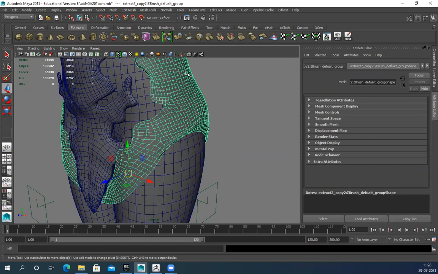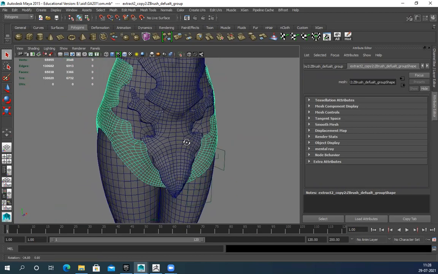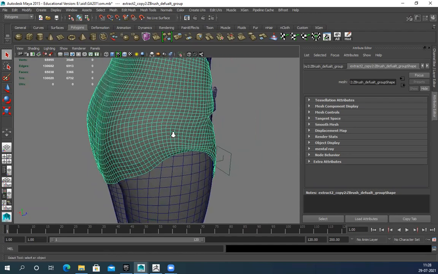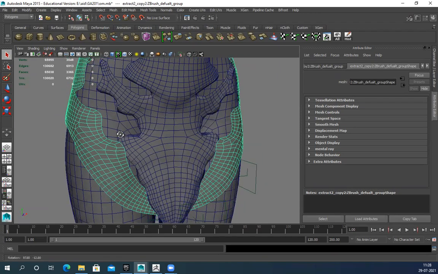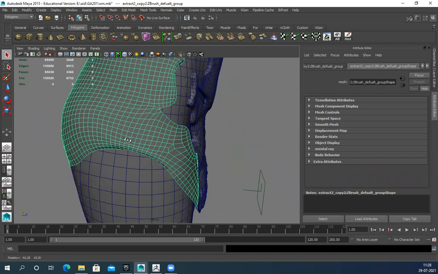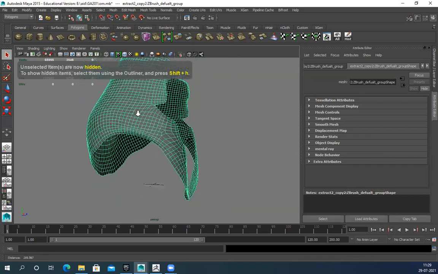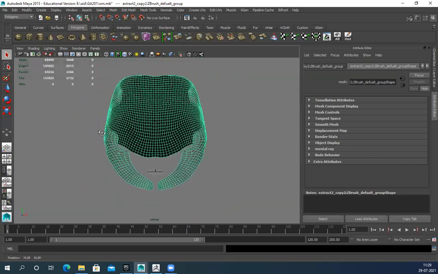Yes, it's here. So is there some keyboard shortcut too? For this, I guess Alt, no. There's no keyboard shortcut. Isolation, like in Max, we have, right? But in Maya, it's not there. So in Maya, you still have that G button to repeat the last action, right? Yes. To repeat the last action, you can press G. Any last command, you can just simply repeat by pressing G. So Alt H, hide this.